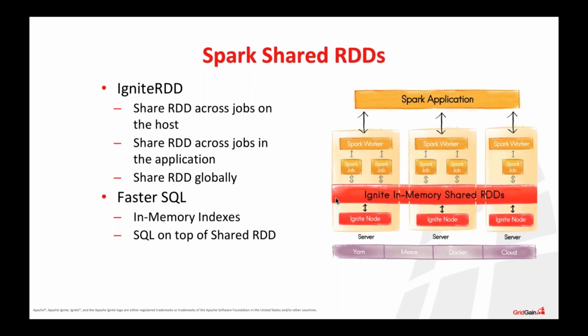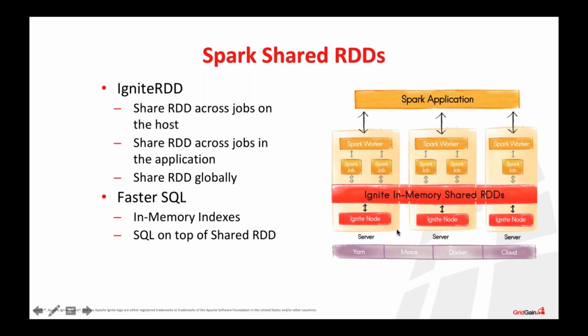The difference between shared RDDs and native RDDs is that a shared RDD is a mutable structure. So, for instance, you can have several Spark workers in your application, and all these Spark workers can reuse the same shared RDD and share the state between each other. It works this way simply because, I just want to highlight this, a shared RDD is just one more additional API on top of the data grid.